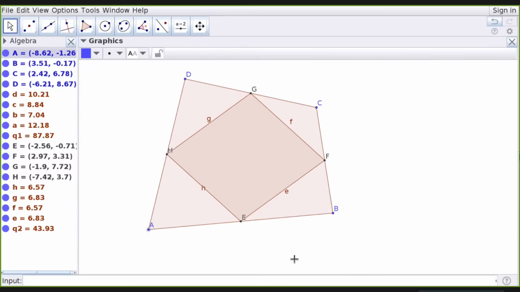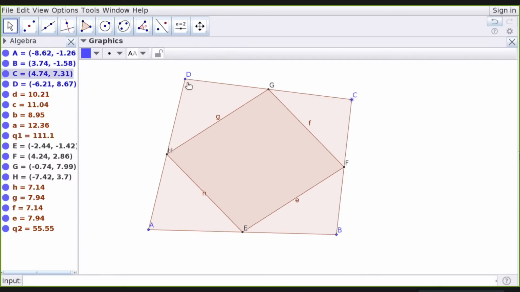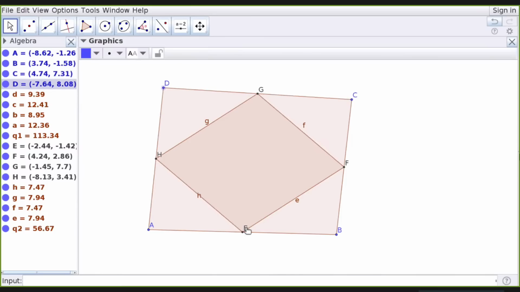What you can see is I can change A, I can change B, I can change C, I can change D, by clicking, dragging and holding. But I cannot change E because E is defined using A and B. So once A and B are fixed, I cannot change my E. Another interesting thing is you can observe Q1, which is the area of ABCD, and